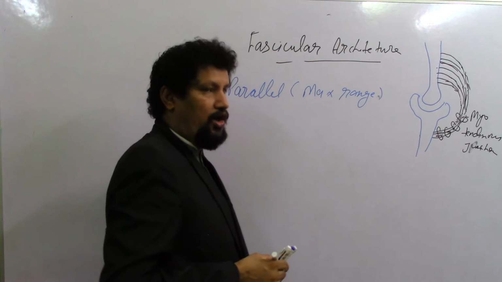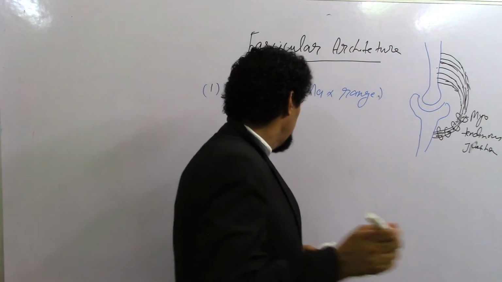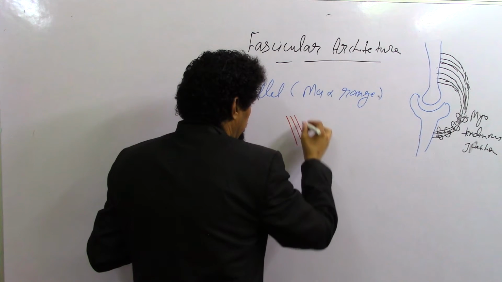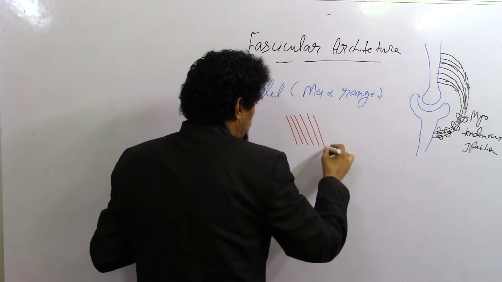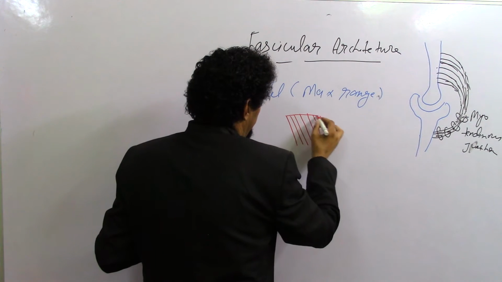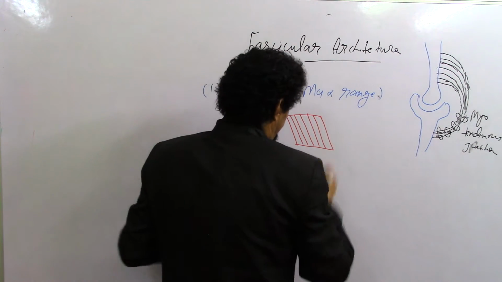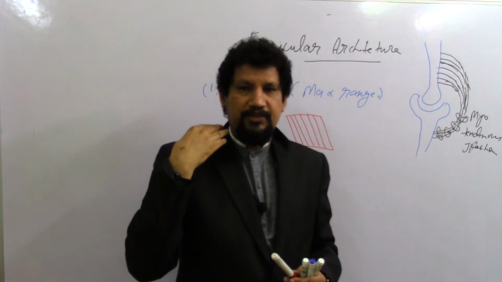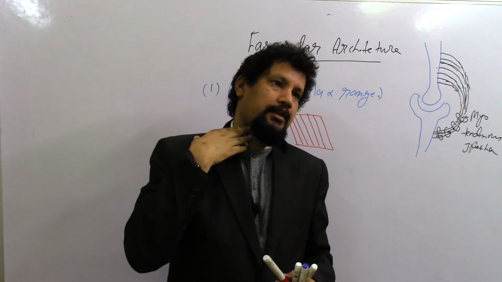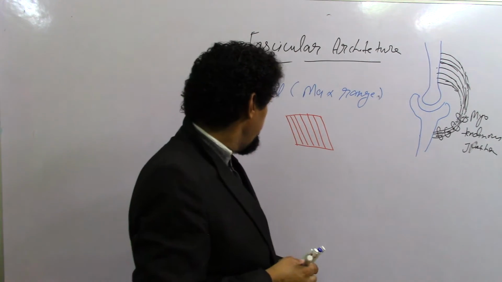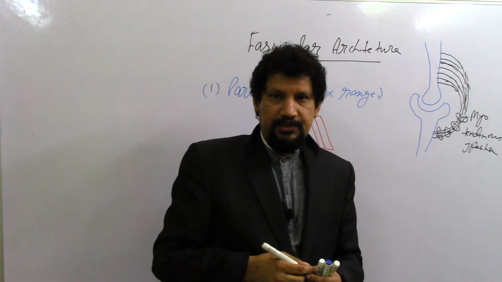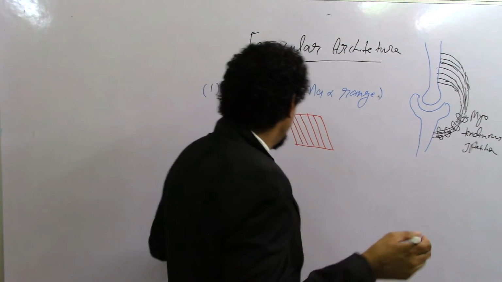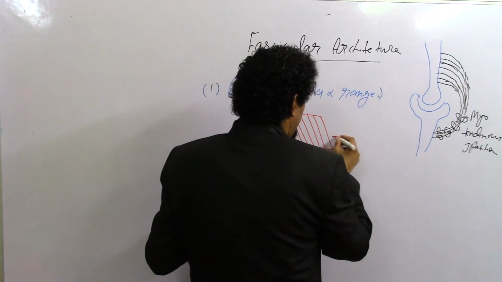It may be quadrilateral, like in the thyrohyoid muscle, the muscle which extends from the hyoid bone here to the oblique line of the thyroid cartilage. This is a quadrilateral muscle,